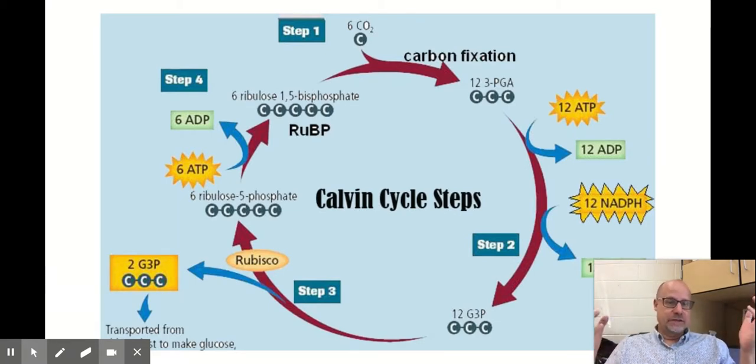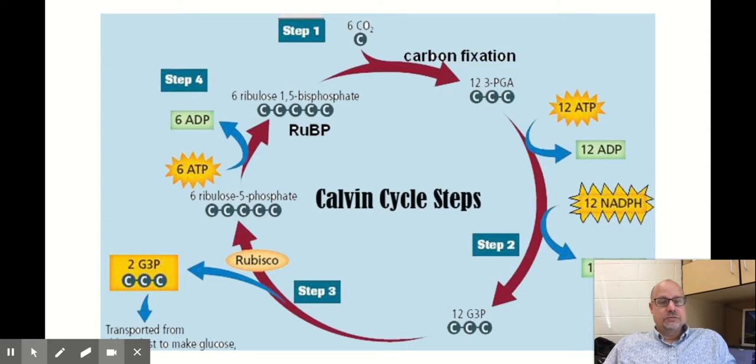Well, you spend 12 ATP, dropping them down to ADP, and you spend all that energy rearranging these carbon molecules and the surrounding atoms that are a part of them to a different configuration. Then you spend 12 NADPH. You take the energy in them. You remember those high energy electrons? Well, you spend that energy over here in NADPH, switching things out and changing the configuration of those 12 3-carbon molecules again. So you use the ATP energy to kind of juggle it around one way. You use the NADPH energy to juggle it around some more in a different way until you come up with